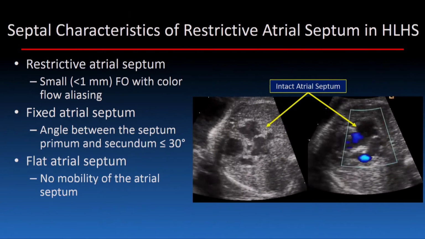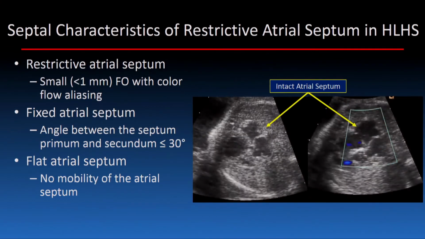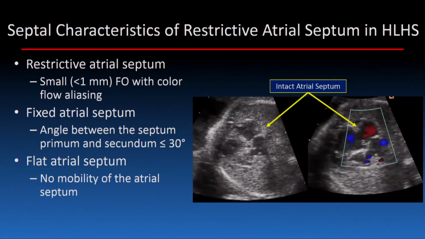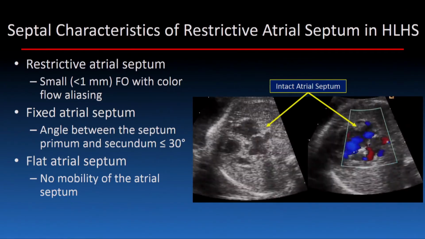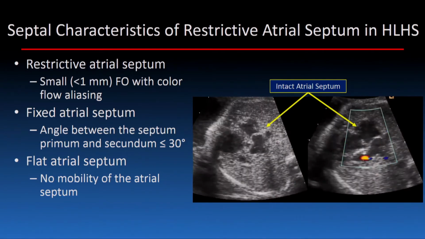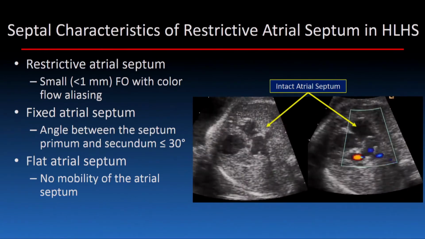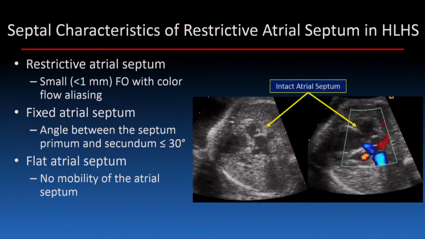So when you're evaluating this in utero, it's important to look at the atrial septum and characteristics and development of this, and this is a dynamic process we see in utero. But really looking at either if there's a restrictive atrial septum by the foramen ovale with color flow aliasing, a fixed atrial septum, which means the angle between the septum primum and secundum is less than 30 degrees, or the flat atrial septum where there's no mobility of the